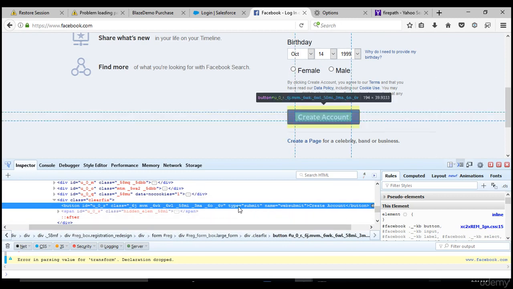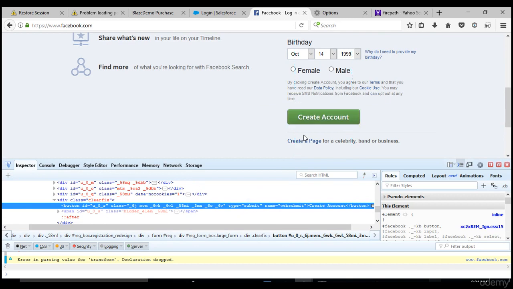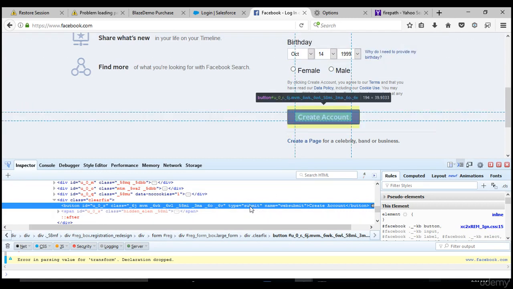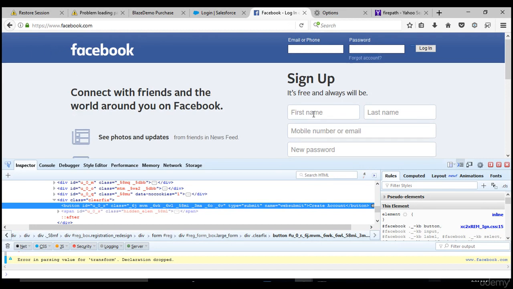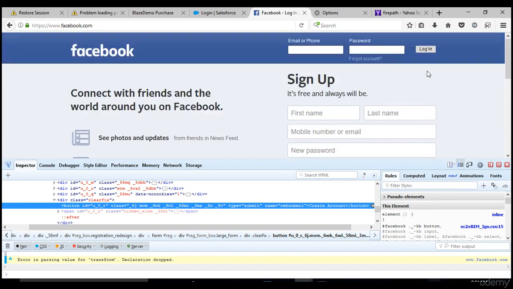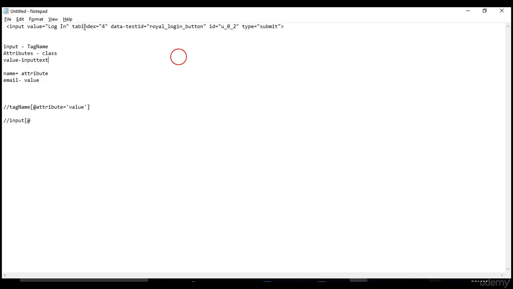Yeah, you see, I told you. Even the type attribute for create account is submit. So though you have given it for this login, as it clicks on the first one, it clicks on the login button only, because when it scans from top left, the first thing it identifies is login, not create account. But still, let's go with the unique one. So login is a unique one. What is the attribute here?